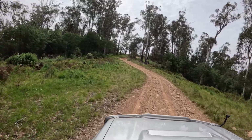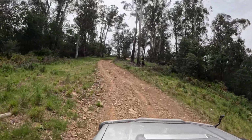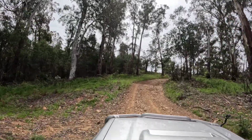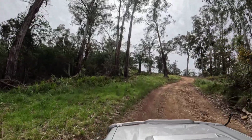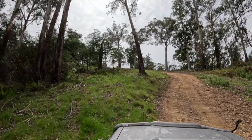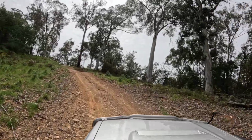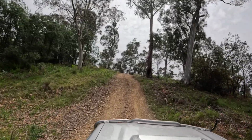So we've actually picked up here on the main track, and you can see it starts off fairly easy. And in its current condition, actually, in dry conditions, I wouldn't say any part of the Lake Cobbler Track at the moment is difficult. It's been well and truly graded since the last time I drove it, and there's been some changes too, with some small bypasses added, and not so small. But yeah, this first section,